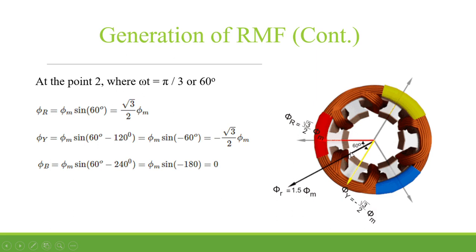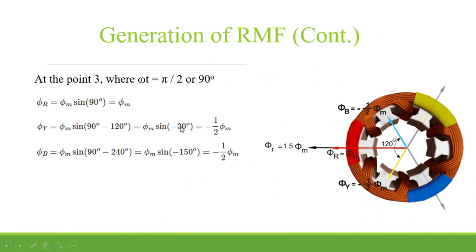So this phi r will be given as 2 into root 3 by 2 phi m into cos of 30 degree, means cos of this angle divided by 2. So again we will be getting the value as phi r equals to 1.5 phi m. Now it has again shifted to some direction. Earlier it was here, then somewhere here, then again this direction. So it is moving in the clockwise direction with same magnitude.